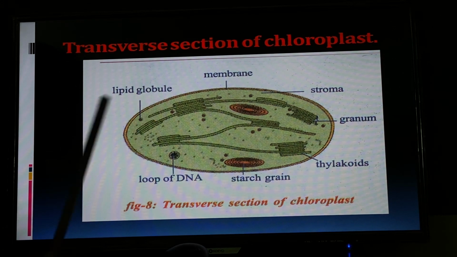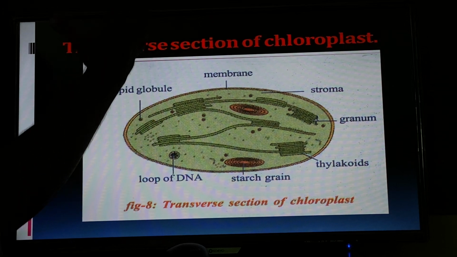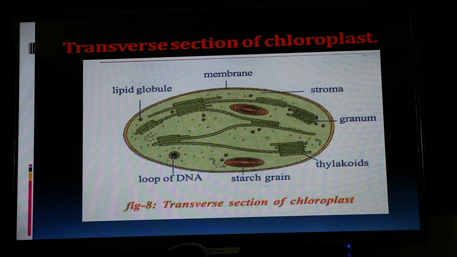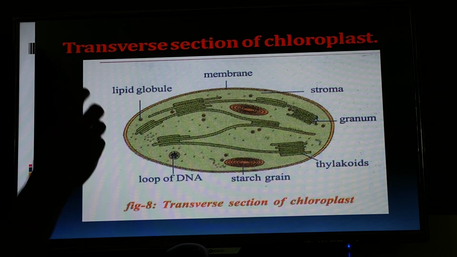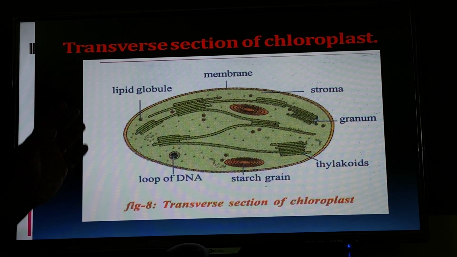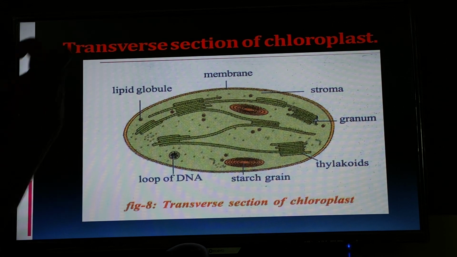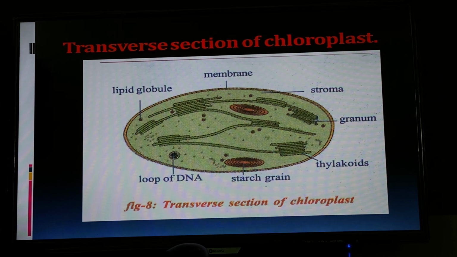Last point in chloroplast is, this is the special organelle which is present only in plant cells to trap solar energy to perform photosynthesis in a green plant. From the exam point of view, sometimes they'll ask like this: draw the diagram of chloroplast and what is the importance of chloroplast in photosynthesis? Already we know how to draw this diagram, and chloroplast is the special organelle which is helpful to trap solar energy, which is helpful to prepare starch in the process of photosynthesis.